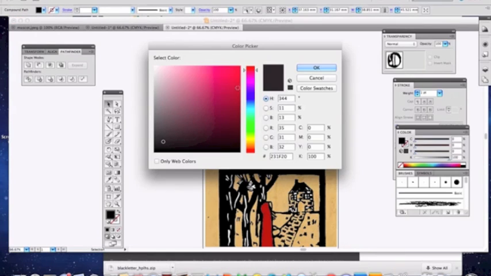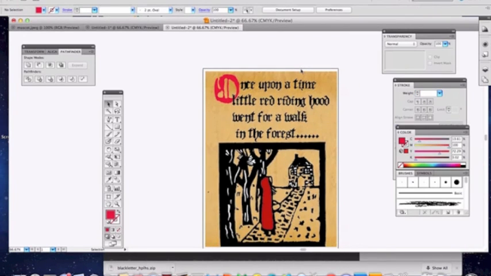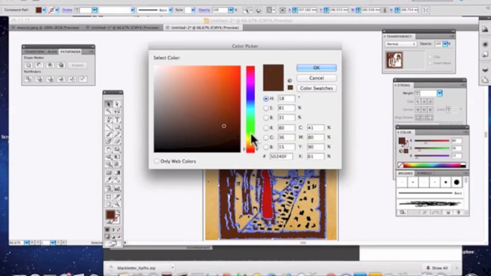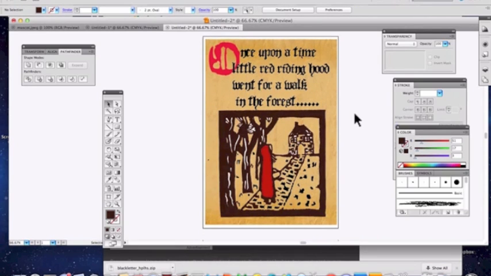I'm going to pick a different colour for that so it stands out, and I'll go for red, like Little Red Riding Hood. And because it's behind the word little, it stands out quite well. And I can make it as big as I like. It's probably a bit big. I also was thinking of changing the colour of the black lino printed area to brown to just make it a